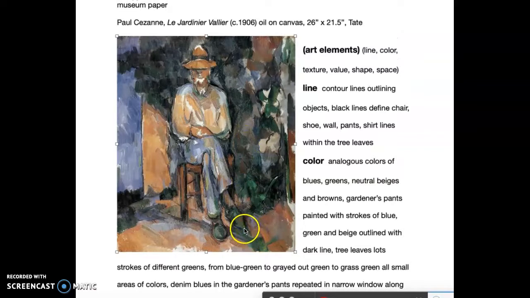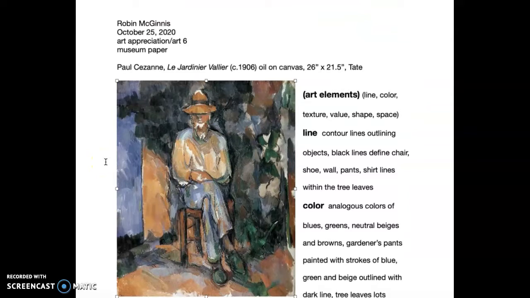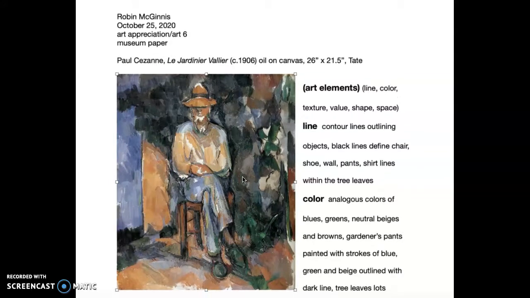It looks like this toe is just right out in front and I could reach out and grab it. And it goes in a nice diagonal straight up his leg. And then sort of there's more little softer diagonals around his arm. So lots of movement sort of getting me into that painting and moving me all around. And then the last principle that I am writing about in this paper on the gardener is unity. Again, those brushstrokes, again and again, all over the place, the sameness of those brushstrokes.